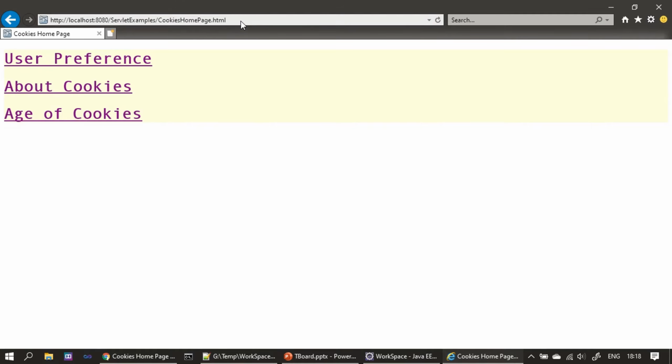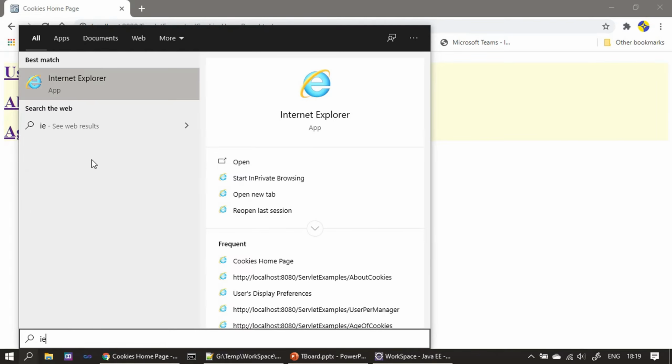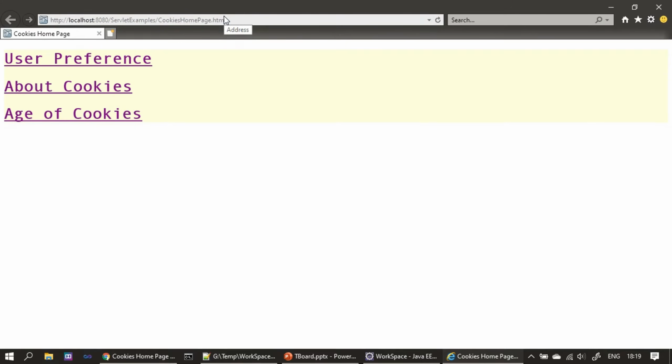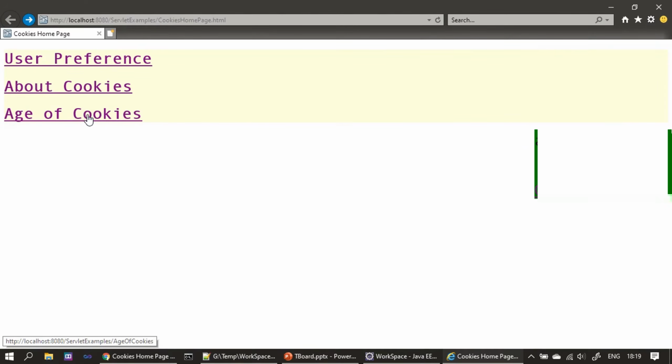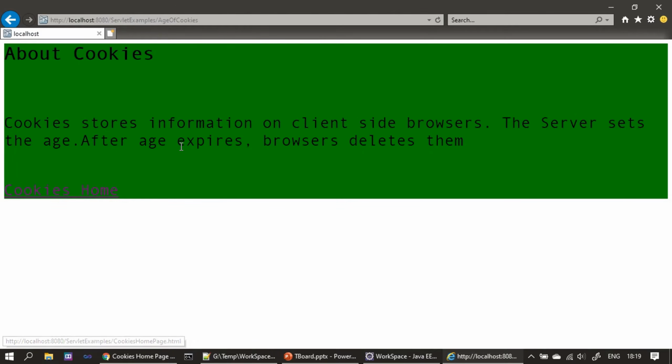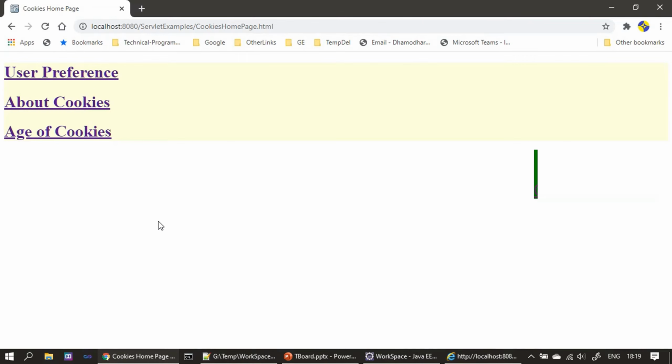Since IE is set with this, let's say the user bookmarked this page and the next day he is coming and opening a new IE session, and let's say he is directly going to this page and choosing about cookies. So he can even click about cookies. In both the cases, he or she can see that the preference is reflecting back. But this preference is specific to IE, and we know that for Chrome user, I hope we picked a wide background